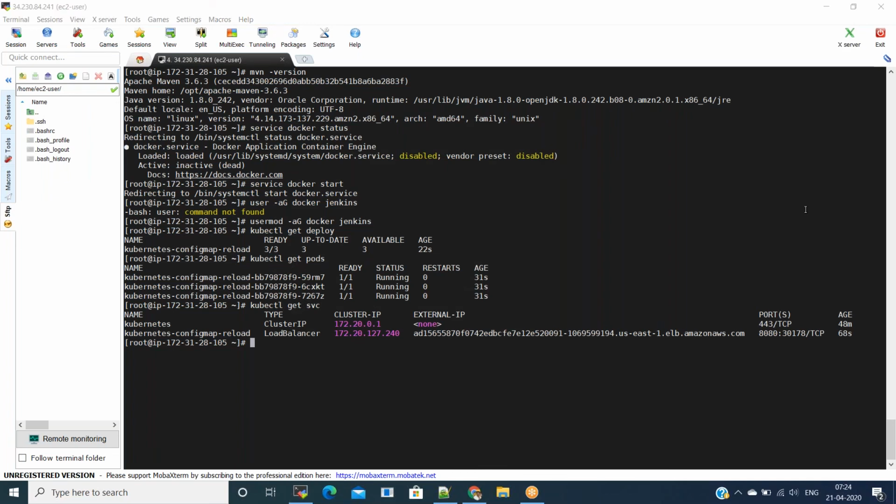As the deployment is done, if you want to delete this infrastructure on your setup, you can just say kubectl delete service and the service name. You can just give kubectl delete service and the service name which you got from the name. The service is deleted. You can go to the load balancer and see that it will be deleted.